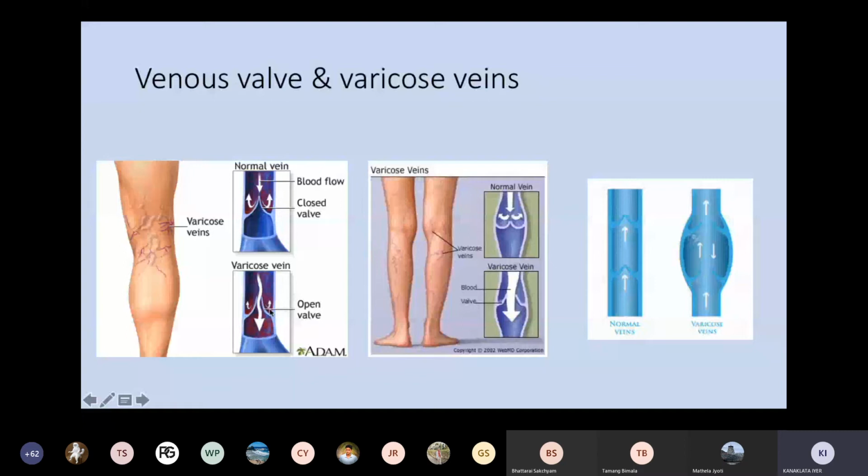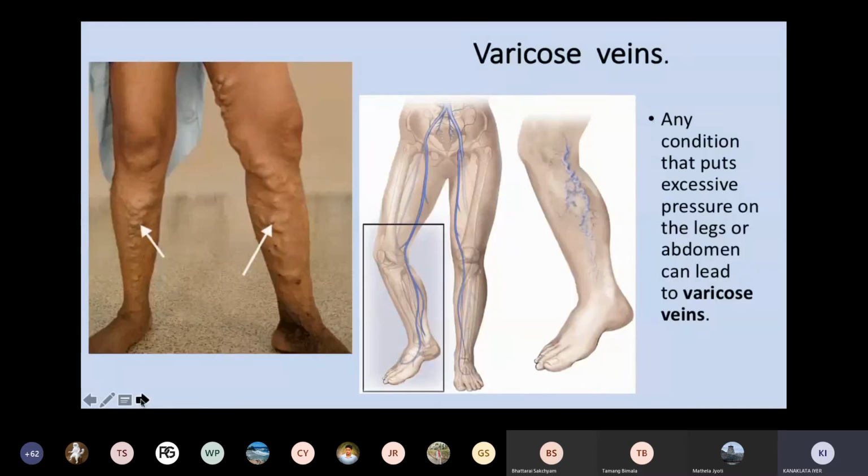But here in the varicose veins, the valves are incompetent. You can see that the valve is not able to close completely, and it allows some regurgitation or reflux of blood coming down into the lower part. If this keeps on happening again and again or for a long period of time, then the superficial veins will be dilated, because all the blood must go from superficial to deep, which is not happening in this particular case. Same thing here, normal and not normal: unidirectional blood is going this way, but in this segment the valves are not competent. That is why they allow the blood to come back, and that is the dilatation of veins.